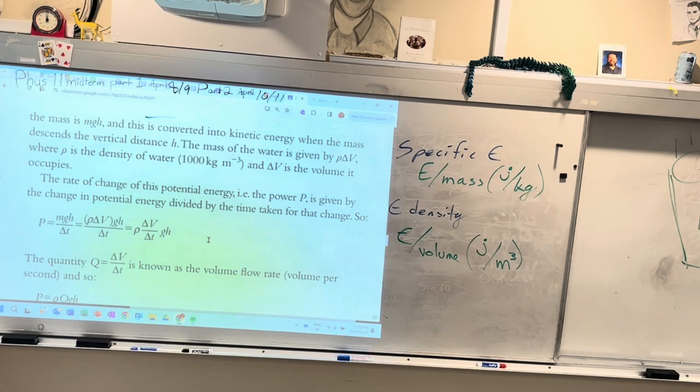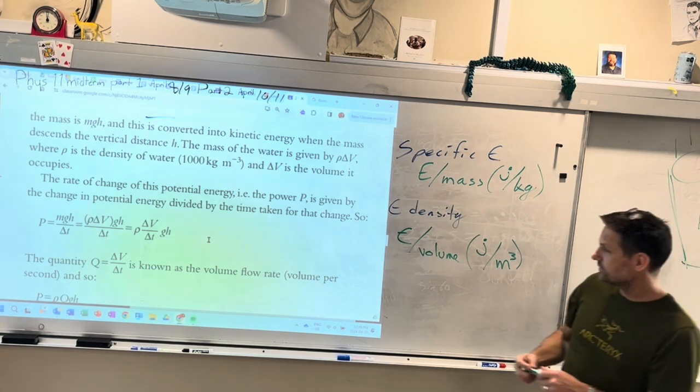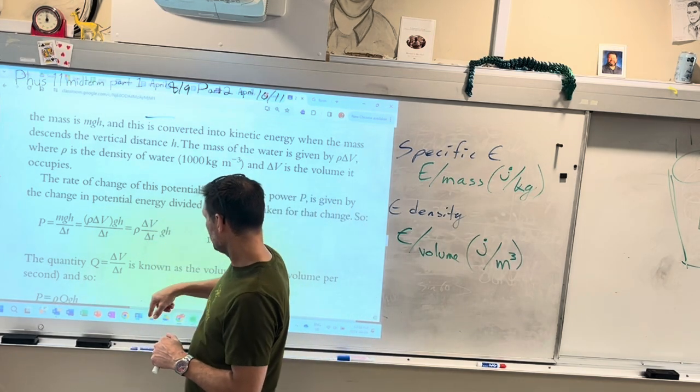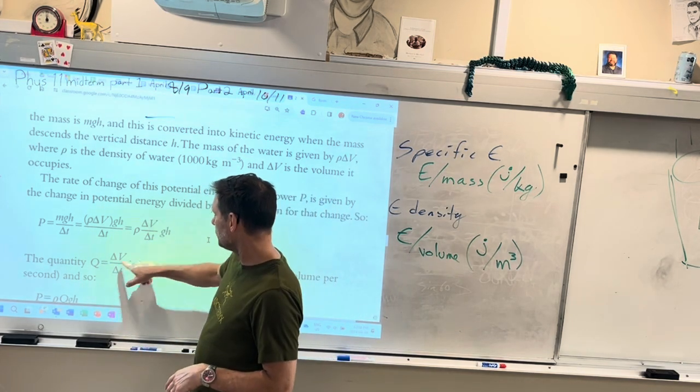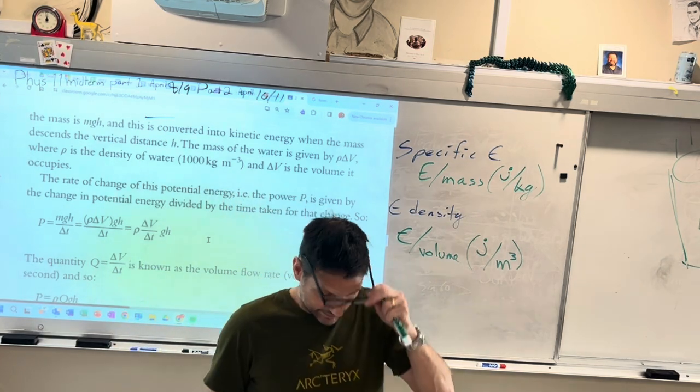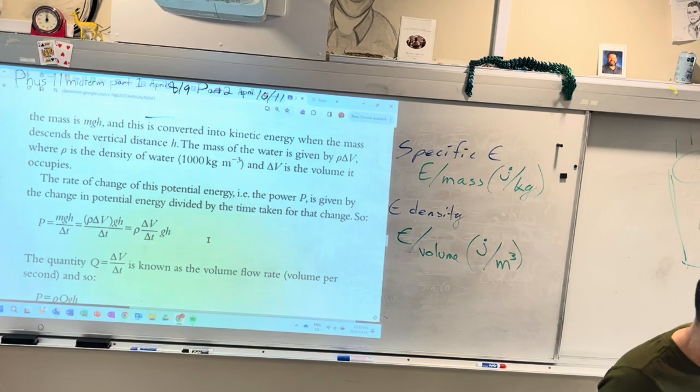Well, actually, the better way to say this h is vt, because the velocity of this times the time will give you the distance that the water moves. In that case, I think they do that here. So yeah, they say delta v over t, and then they say that q is delta v over t. I don't know why they use q, but